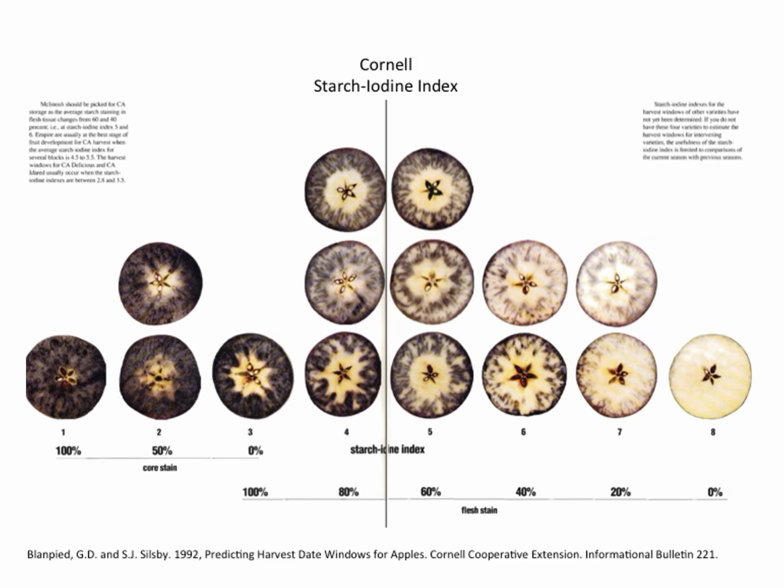fruit sample. The cross section of this apple is dipped into the iodine solution. The more starch content it has, the more blue color will be present on the surface of the flesh of the apple. The less blue color will represent that it has less starch content, or it can imply that it has more sugar content